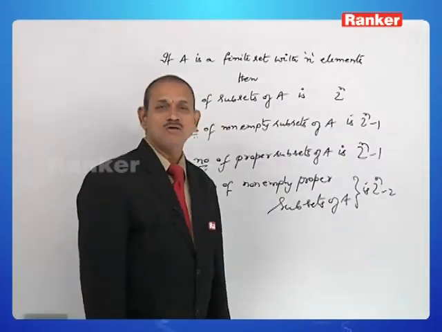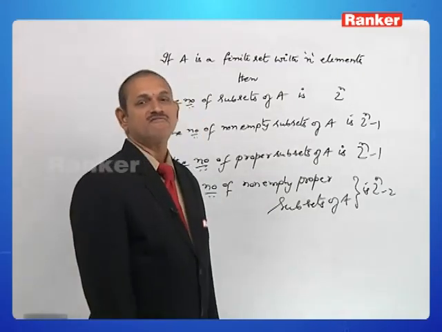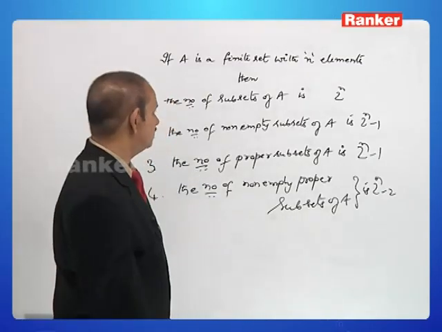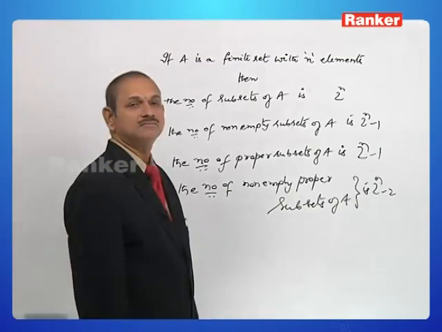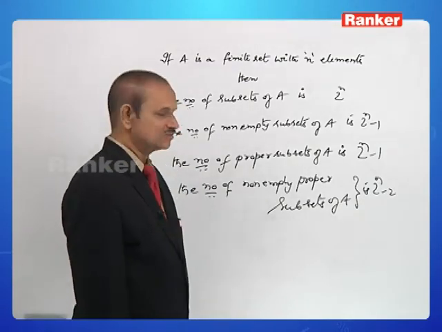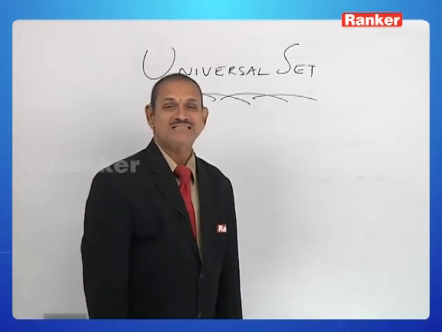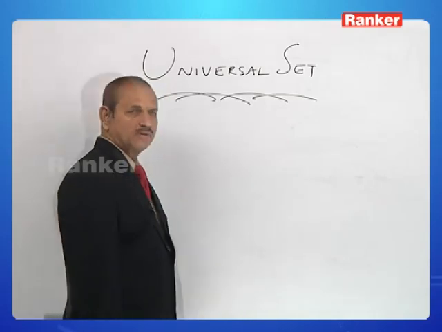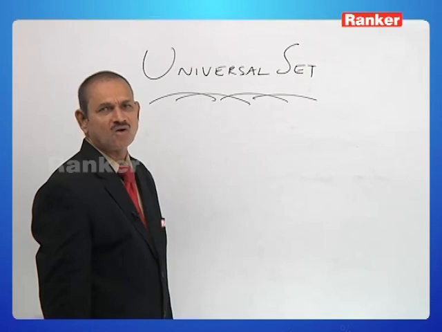These are the conclusions that can be drawn immediately about the number of subsets, if A is a set with n elements. Okay, that's it about the number of subsets. Next. The next heading that we have to learn is the universal set. What is meant by a universal set? It's very simple. A superset of all the sets under consideration is called